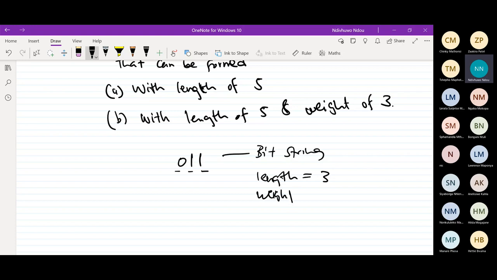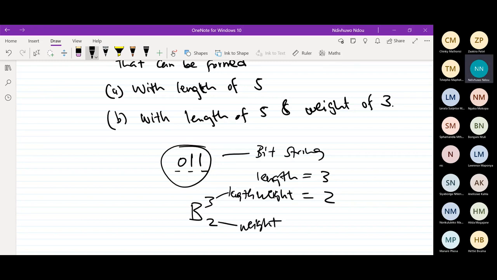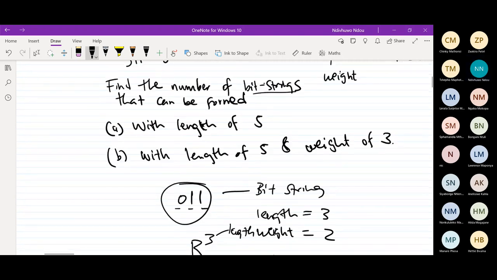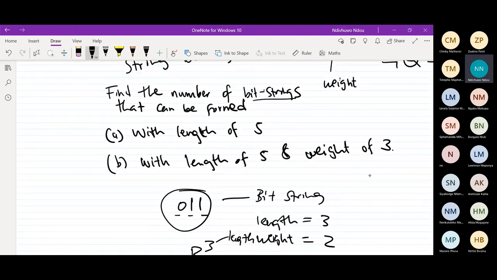The weight represents your ones. So it's 2 of them. So we can represent this symbolically by saying B(3,2), with 3 representing your length and 2 representing your weight of the string. Weight represents the number of ones, and length is just the number of binary digits. So in this case, with the length of 5,